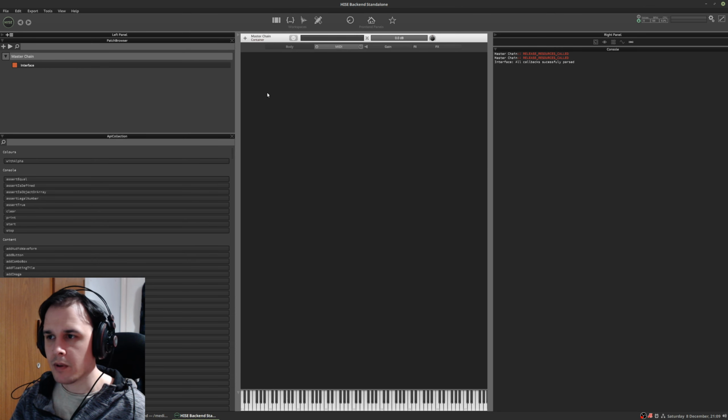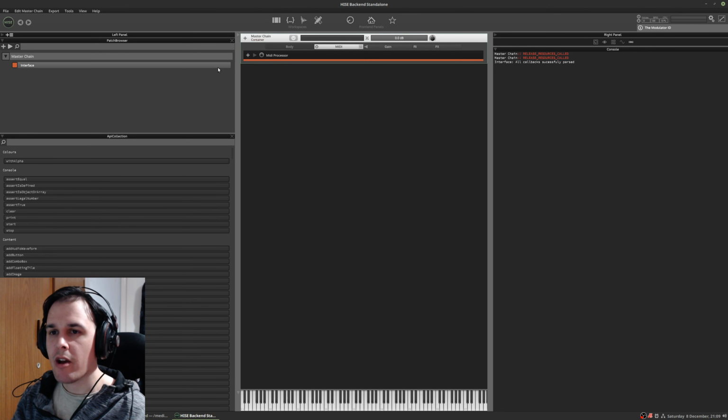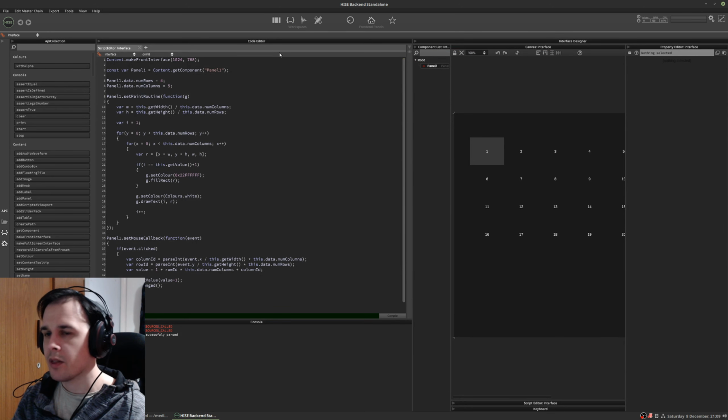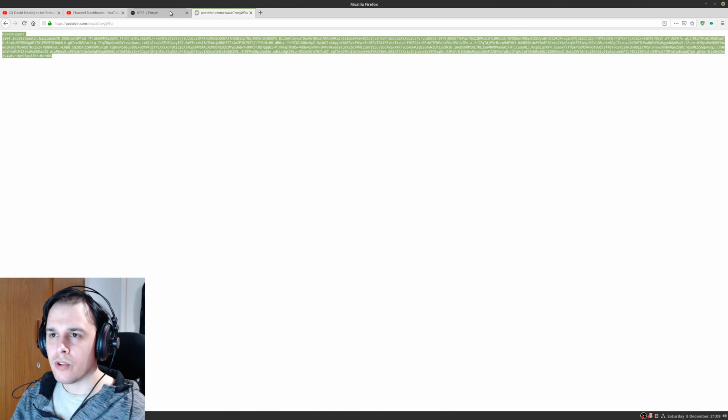Import Highs snippet. There we go. So if you make something in Highs and you want to share it with other people, just like a module or a demonstration, like this kind of thing, just go to Export, Export as Highs snippet, and then go to the Highs forum,